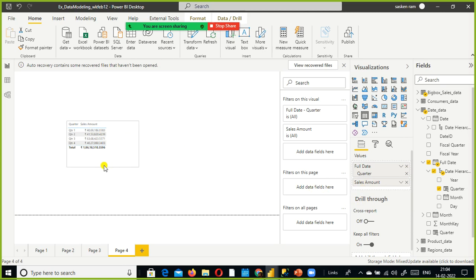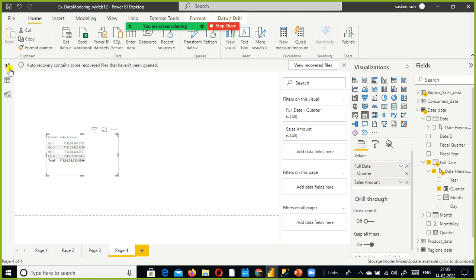As I demonstrated a while back, the moment you drag and drop a categorical variable along with the measure, the value gets filtered automatically. So this got filtered automatically by quarter. Quarter-wise, what is the total sales, for example for quarter 2? It did the filtering automatically.